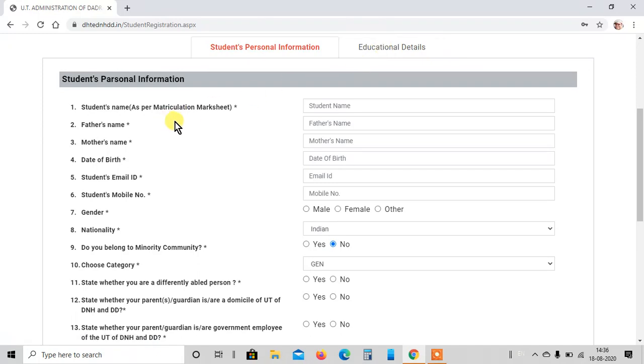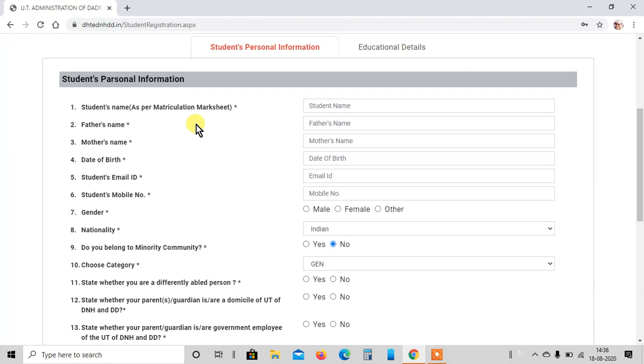Now students need to first scan the required documents and save them on a local drive, like the certificate of your caste, your domicile certificate, your mark sheet, your photograph.